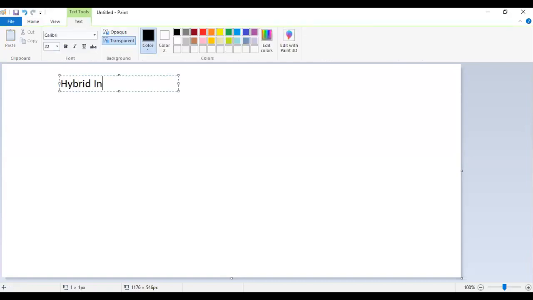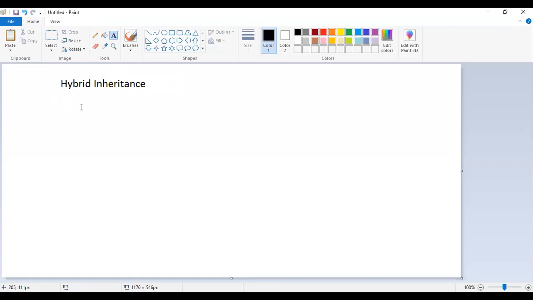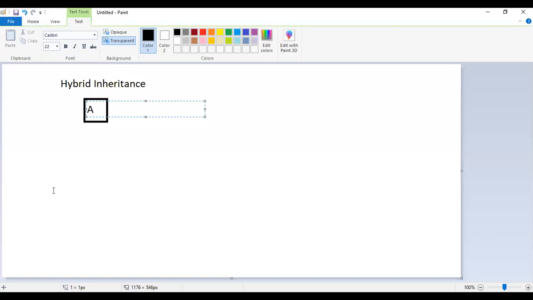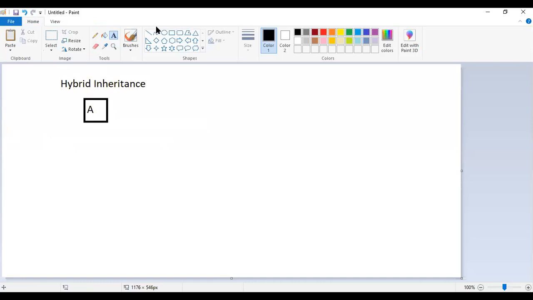Yes, hybrid inheritance. Hybrid inheritance is nothing but a combination of more than one type. In that case, we just consider it as a class, then the next one as a B class, this is a C class, and this is a D class. So a combination of more than one type of inheritance.